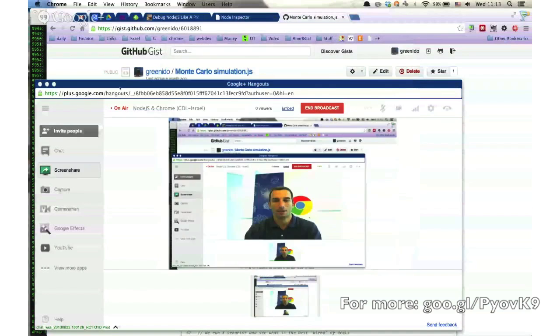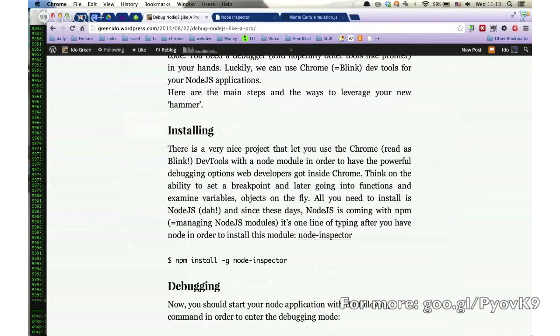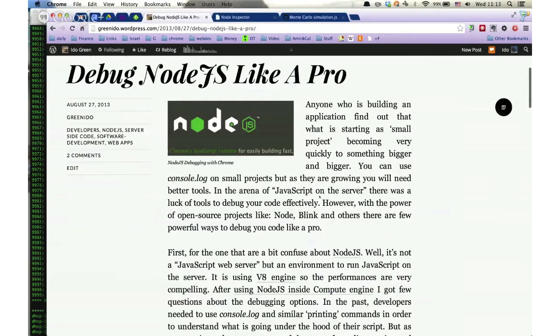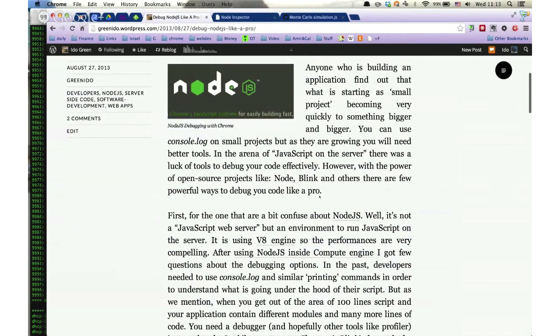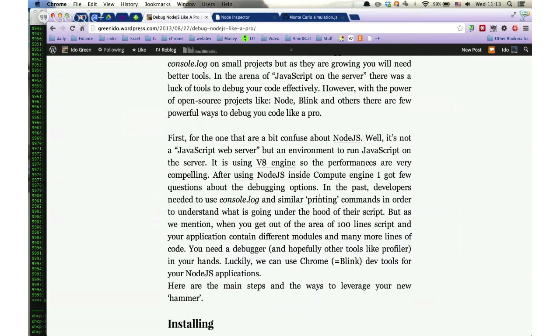So without further ado, let me just share my screen with you, and we'll do it quite quickly today. So we'll start, and actually I'll put all those links in the show footnotes. It's a blog post that I wrote and published yesterday, and basically we see that today, and I see it more and more in Node, you're starting with a small script, and then quite quickly you're getting to a larger app where you want to get insight and see how productively you could fix things and understand what is